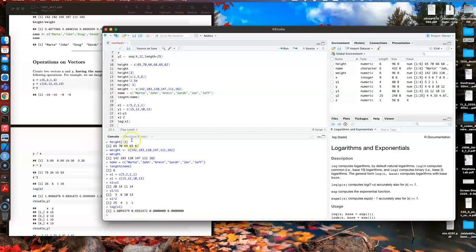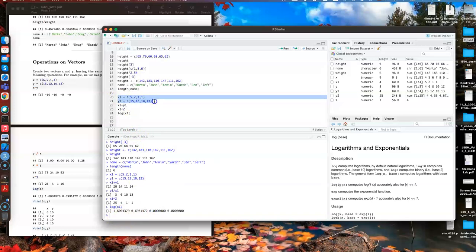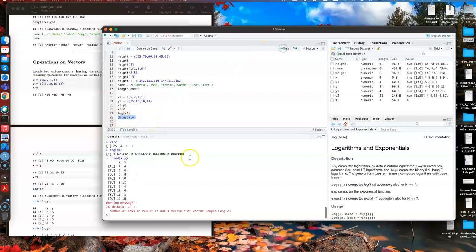So what else? The next thing that we want to see is, if I have two vectors, how can I combine these and create a matrix? So, for example, I just want to have a matrix where the x values are the first column and the y values are the second column. So I can use the command cbind. Cbind means combine, column wise, whatever you are adding here. So x should be the first column and then y should be the second column. If I run this command, so you will see that